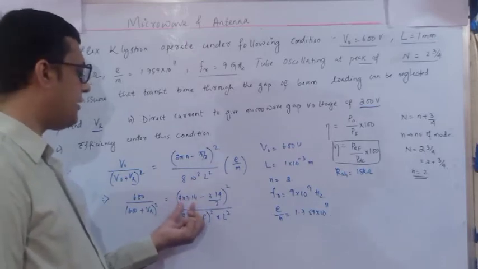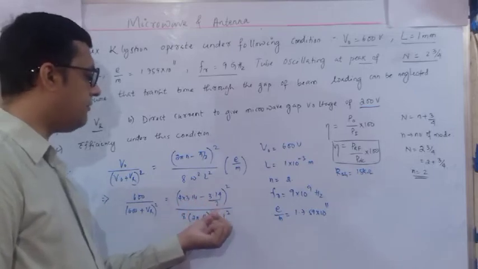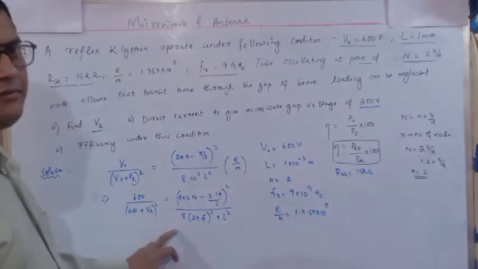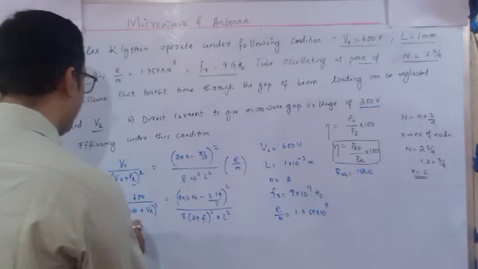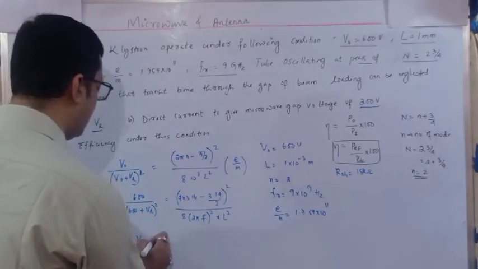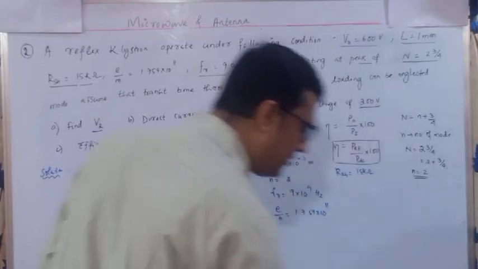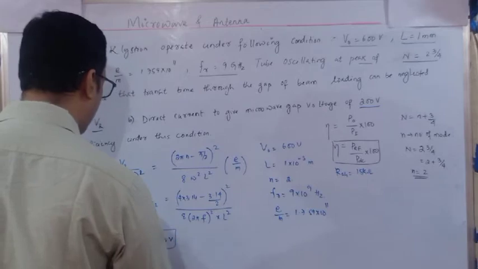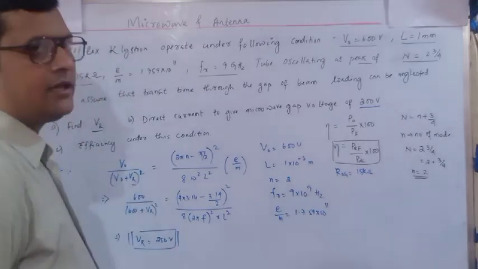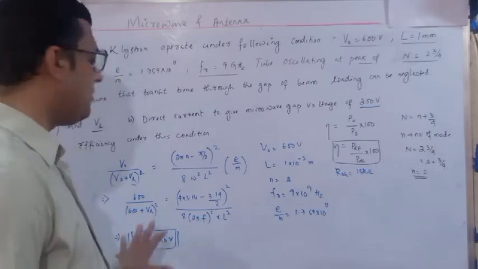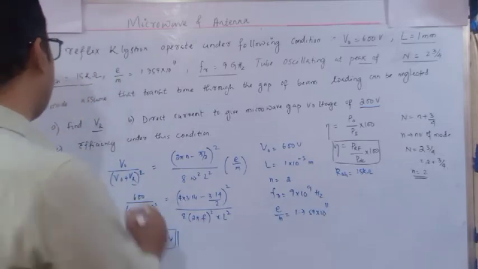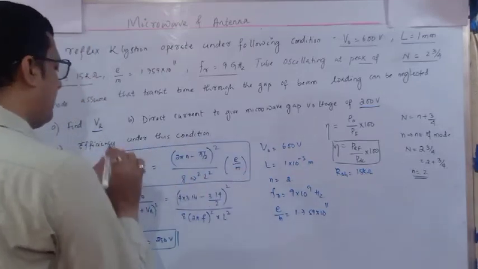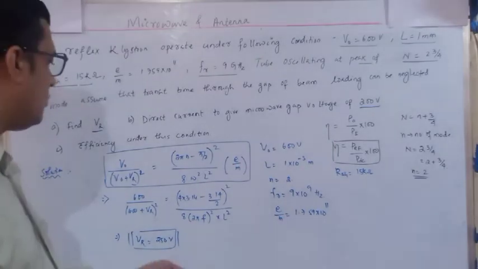The upper one is 3.14 minus 3.14 divided by 2, and here it is root over of 600, and the denominator is 600 plus VR. If you solve it, you will get VR near about 250 volt. With the help of a calculator you can solve it, and you can determine your repeller voltage is near about 250 volt. So with the help of this velocity modulation relation, we can determine the repeller potential as 250.